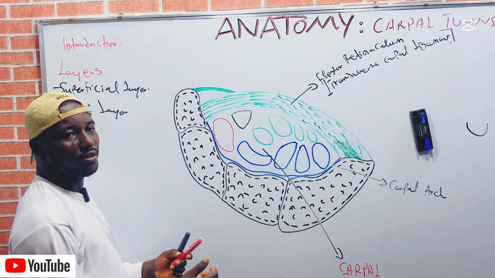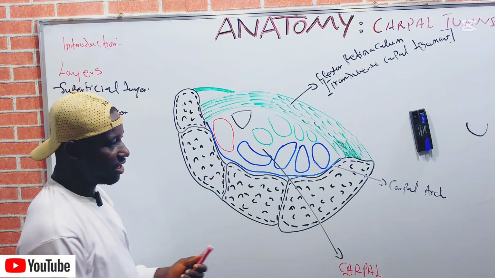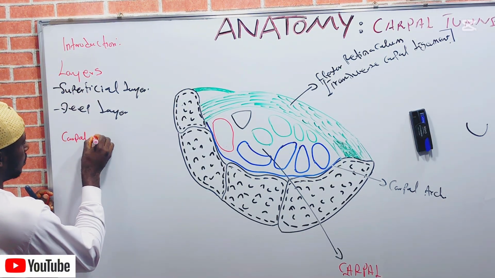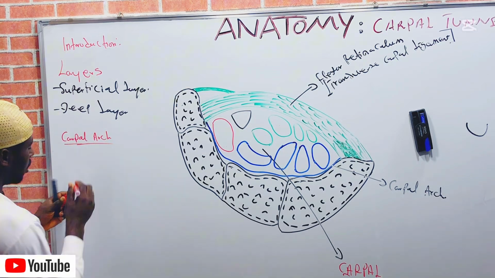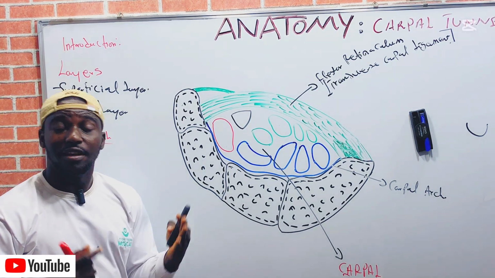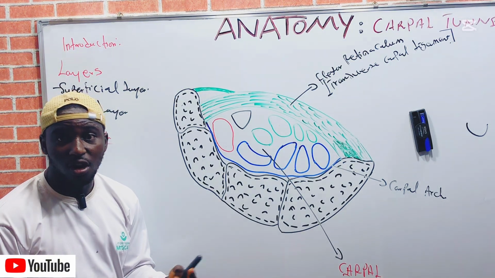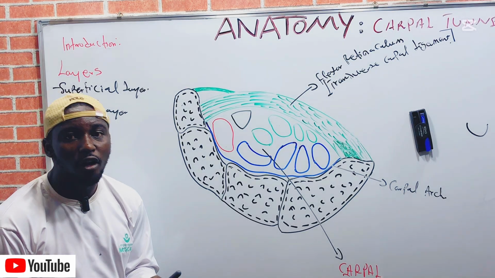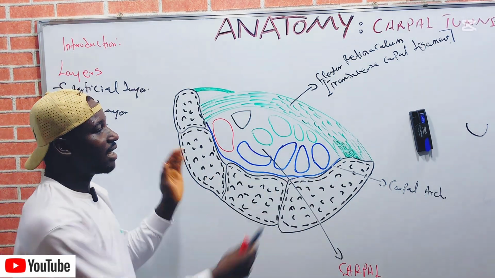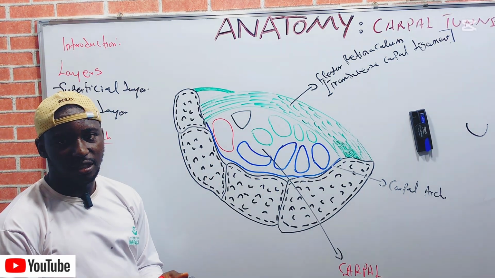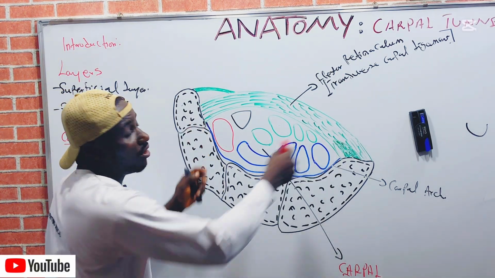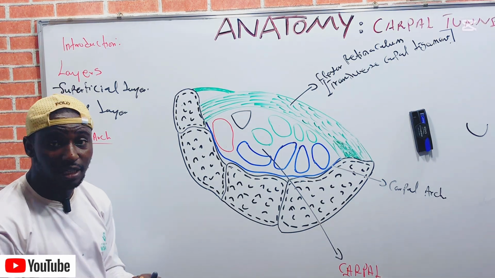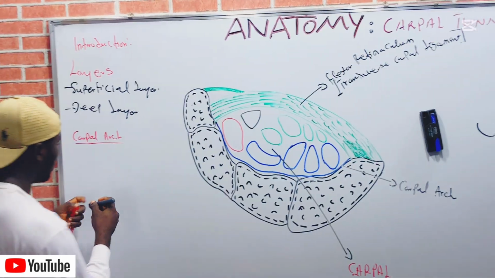Now, let's discuss the carpal arch. The carpal arch, as I've said previously, forms a concave surface on the palmar side. And it forms the base and the side of the carpal tunnel. It is bounded, or formed, laterally by